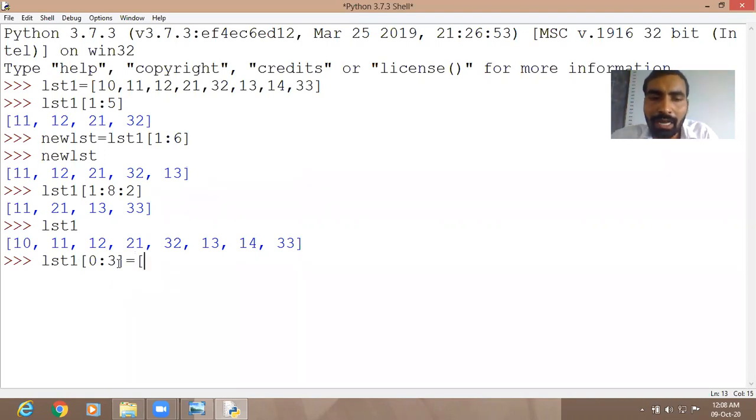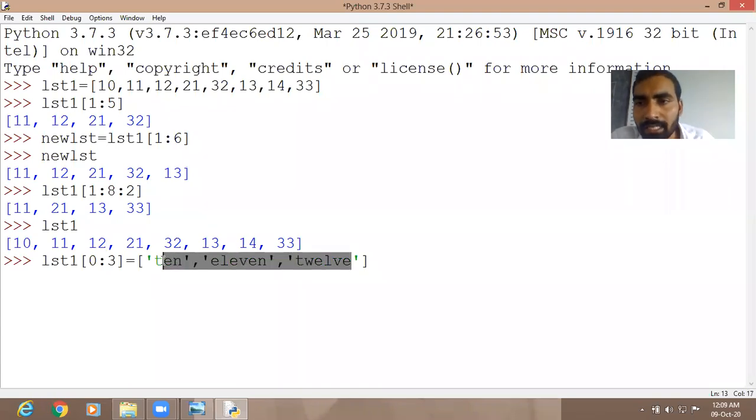So the new values are 10, comma, 11, comma, 12. Okay, these are the new values. So now you will see in place of the 10, 11, 12 numeric values, it will assign the words, letters.